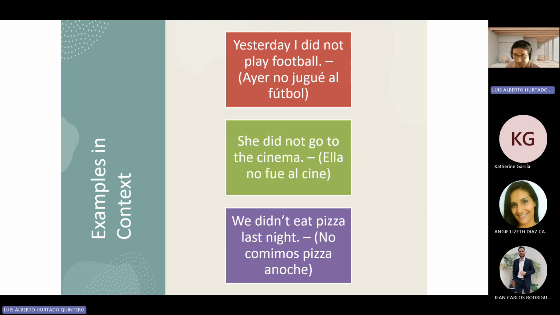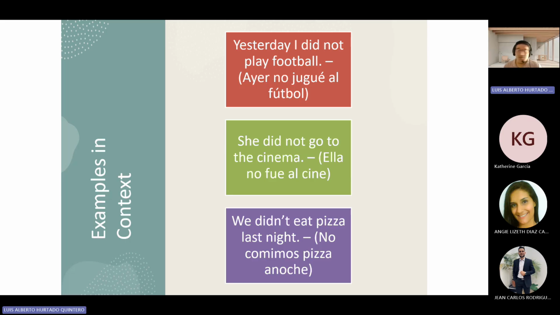And there is no other information. I think that this is a topic that you are already familiar with. So at this moment, after brushing up on your previous knowledge about the simple past, I am going to show you the tools that brought us today to this session. Because this is the way that you have to know the rules for past tense and how to translate them, as I mentioned on the first slide.